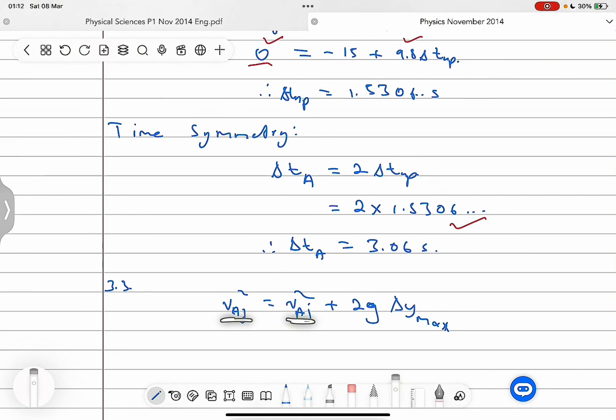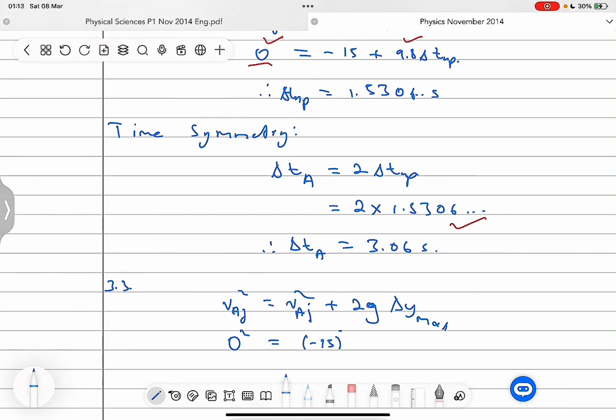final velocity is 0, the initial velocity we know is negative 15, we also know that g is 9.8. Then even when you've lost marks here because maybe your final answer is wrong, or you have done something wrong there, you are able to still get full marks on the next question, 3.3 in this case. Now going forward with this question, we know that at the maximum height the velocity is 0